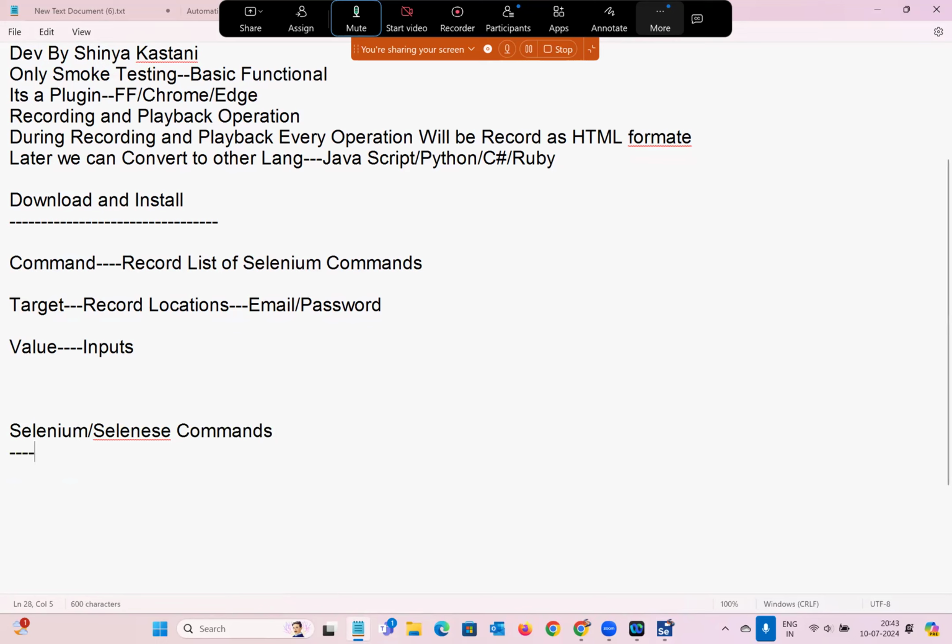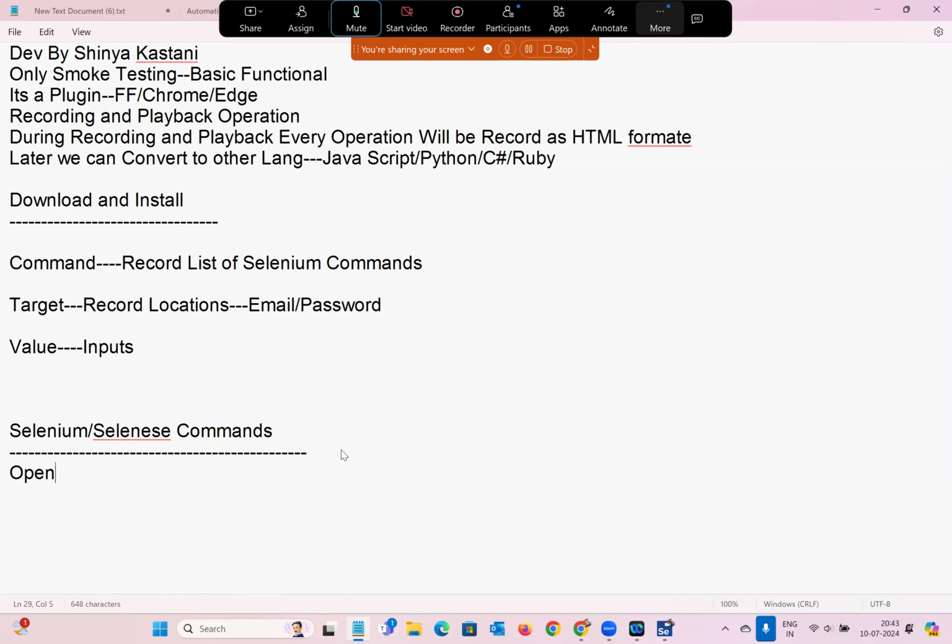Once again, during recording, whatever commands get recorded are called Selenium or Selenese commands,